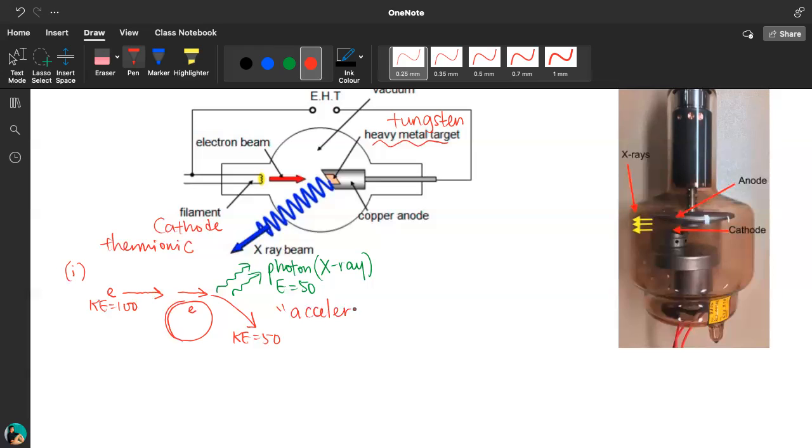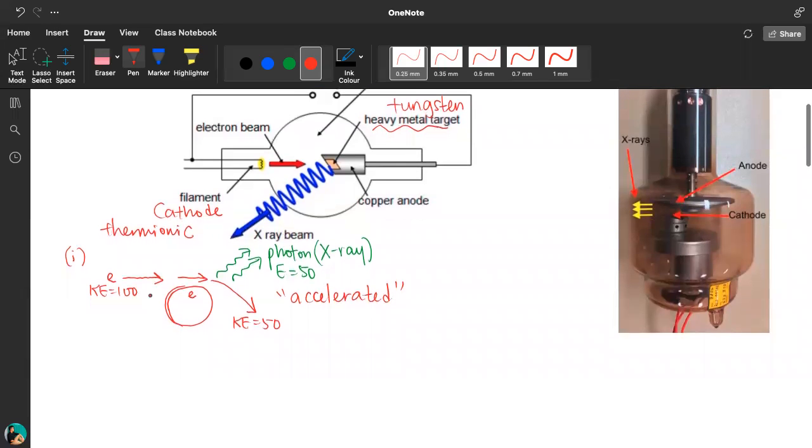It's like electron is being accelerated around the atom of the tungsten. Now, when I say acceleration, it can be acceleration, it can be deceleration. Okay, it can be slowing down as well. Acceleration or deceleration. Right. This is the first scenario. Second scenario